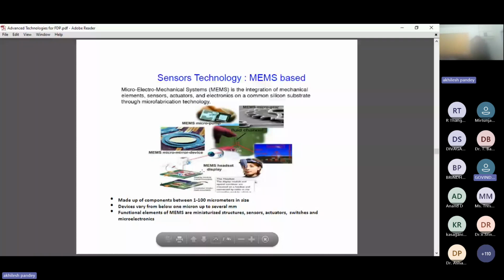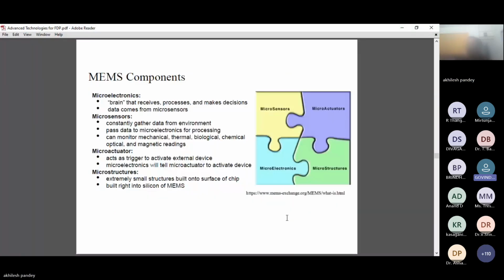MEMS can be made with components of 1 to 100 micrometers in size. Devices vary from below 1 micron to several mm. Functional elements of MEMS are miniaturized structures, sensors, actuators, switches, and microelectronics. Now, in the MEMS components, what happens? There is microelectronics. In the microelectronics, basically